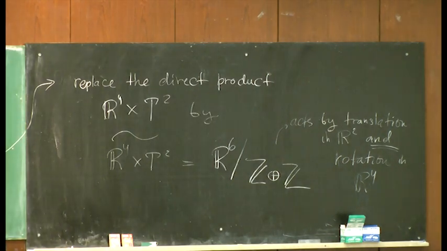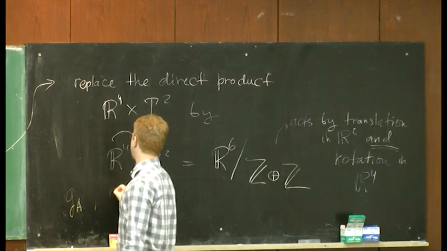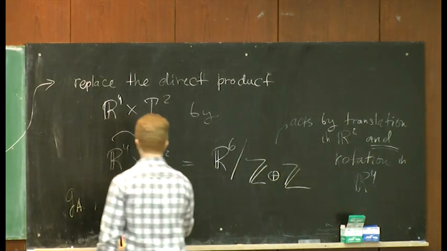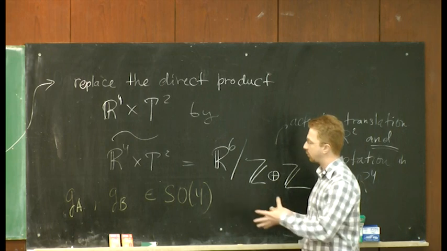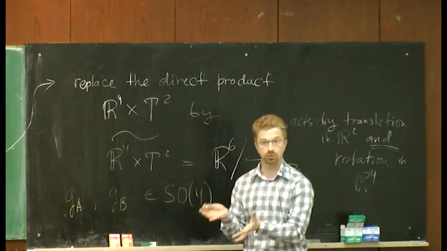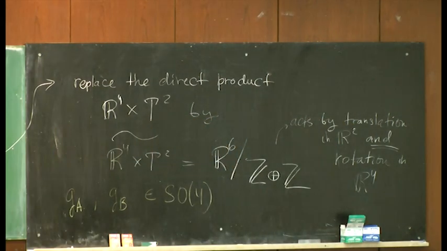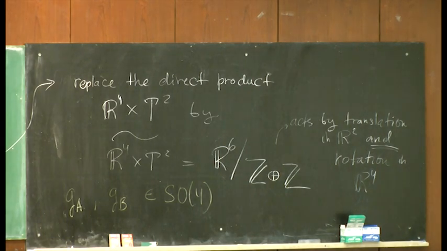And so there are two basic rotations. You can have the rotation corresponding to the A cycle and the B cycle on the torus. So these are two elements of the group SO4. And first of all, in order for this thing to glue together into a nice smooth geometry, they have to commute, because on the torus you can continuously deform, going along the A cycle and the B cycle, or the other way around. So they have to commute